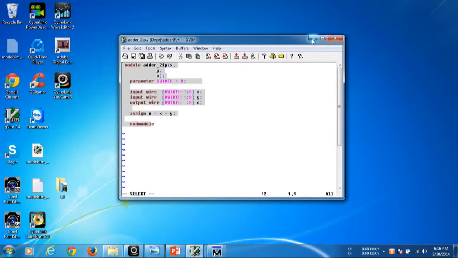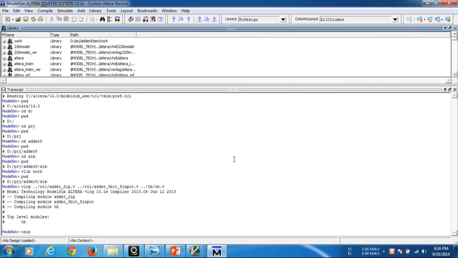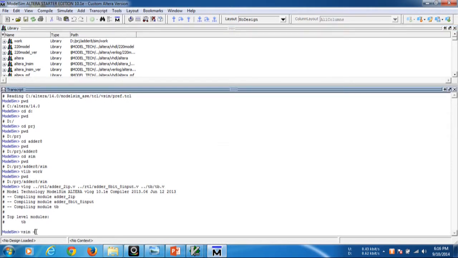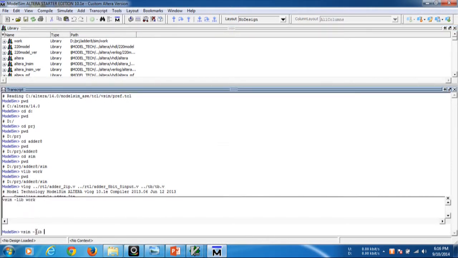I will explain it clearly. vsim space hyphen library, some library. It shows what's inside the library. This is our library now. We have already declared initially vlib as work, which means we have used the library name as work. And the top level module in this program, which is shown during compilation, is tb here. So it will be clear up to this. I am pressing enter now.